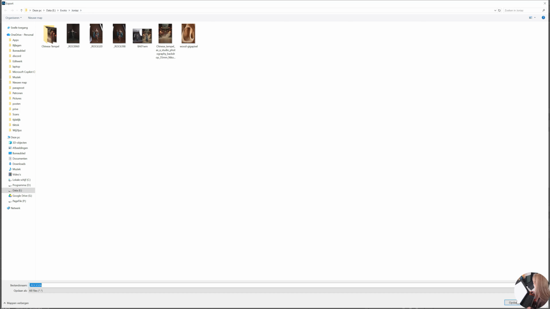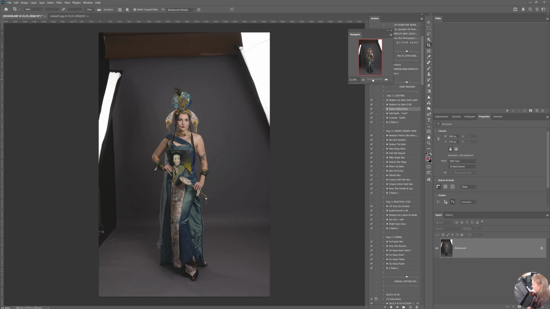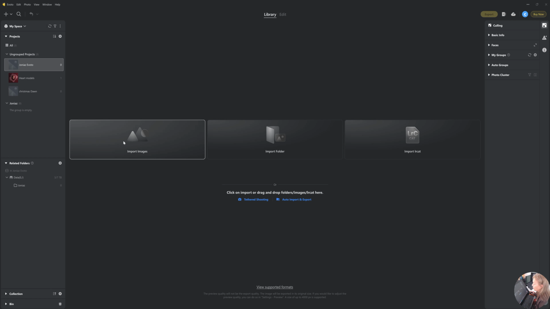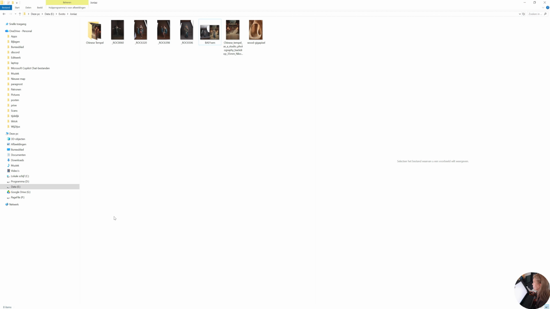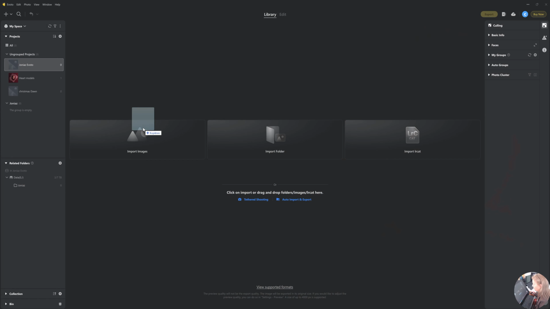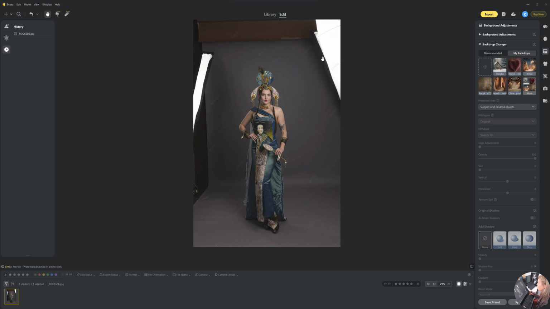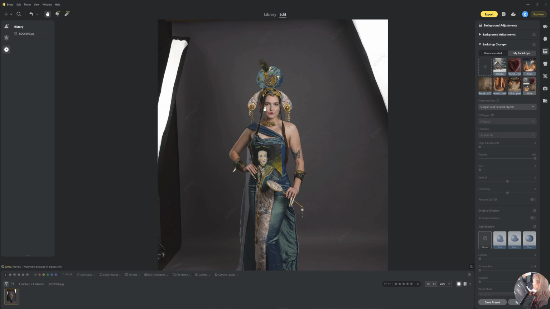Let me put it in Evoto. I already have Evoto open. We can do import images, but what we also can do is, where is it? Jonias, oh, here it is. We can drag it in like this. So here is my picture, and there are several things I want to start with. I want to clean the backdrop. I want to do some edits on the model,